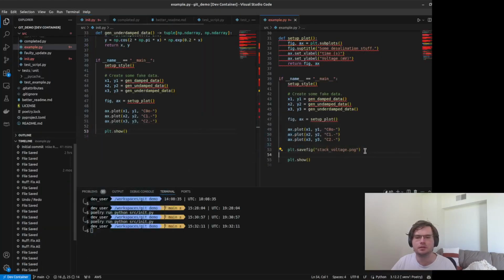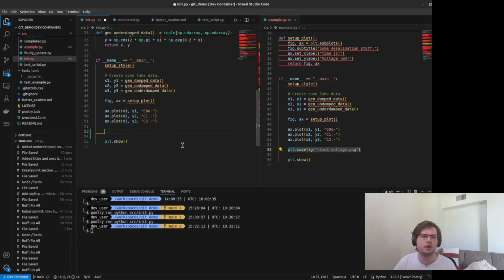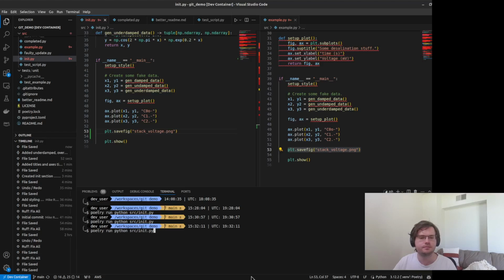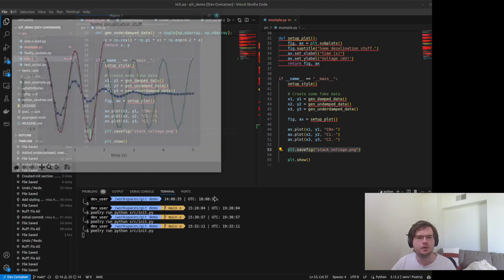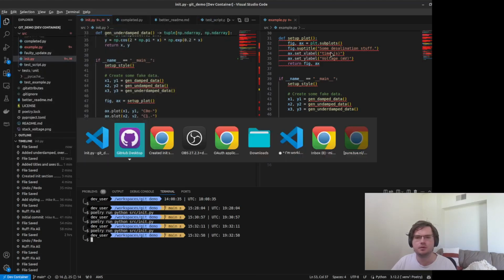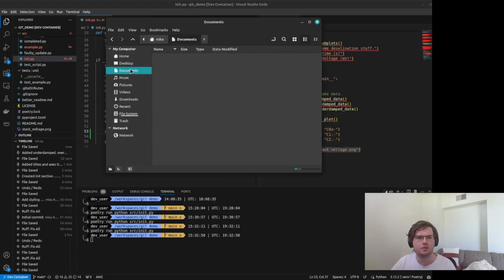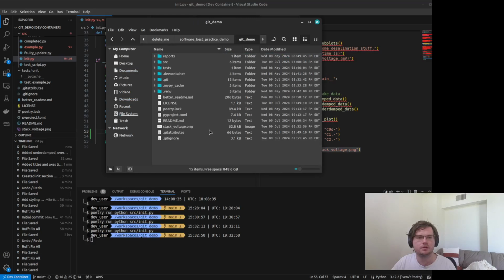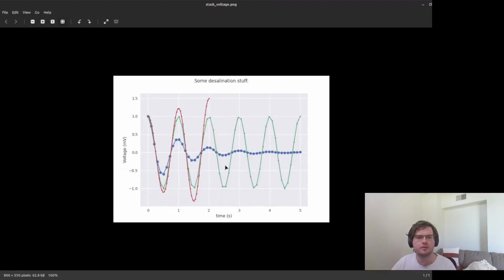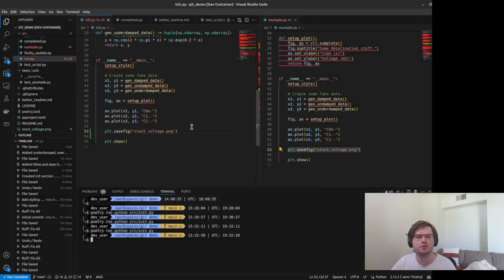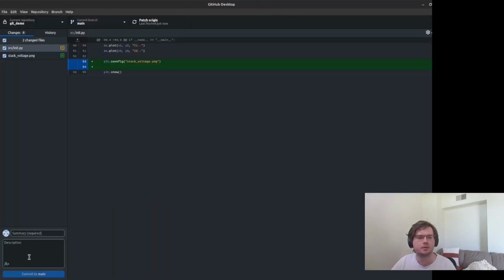So the very last thing that I want to do in this particular example is I'm going to also save a version of the file. So you can see this is there. I'm also then just going to open up the directory to show that it's also created a file, which is this saved file here. I'm just going to use this as an example for some stuff in the future as well. But also this all works now, and I've tested that it works, so I'm going to make one more commit.